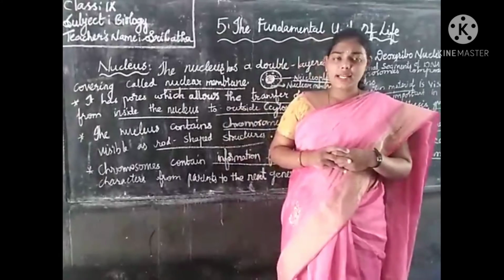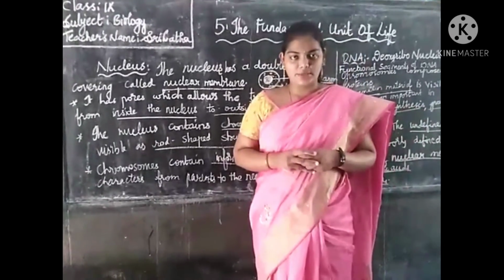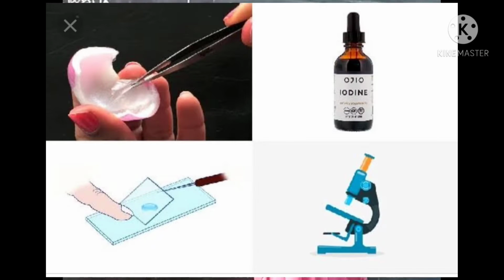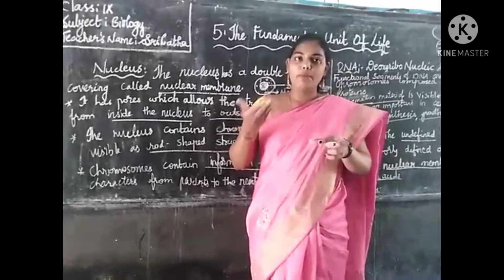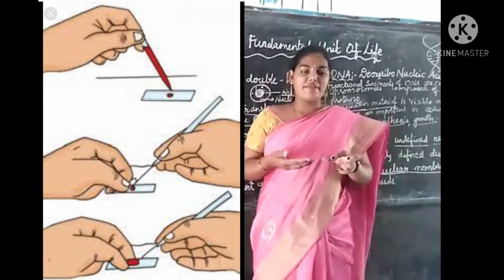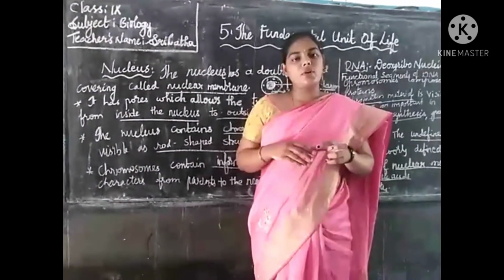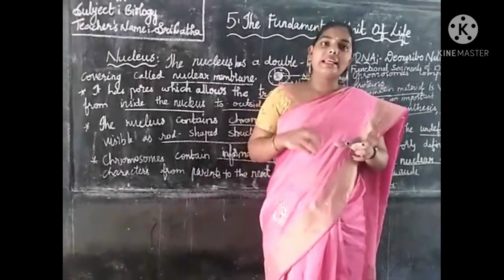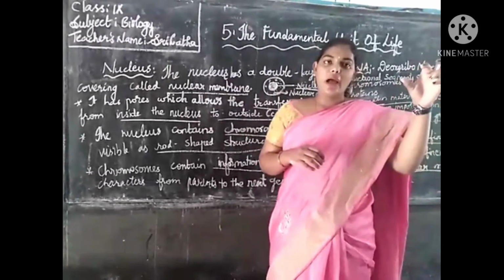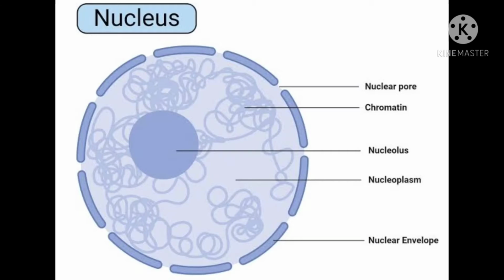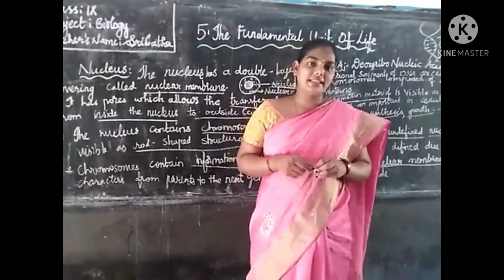To understand the nucleus, we have to perform one activity. We take onion peel cells and keep them on a slide. After that we add safranin solution or iodine solution. Depending upon the chemical composition of the cell, the cell's organelles will be colored, and you keep the slide under the microscope. If you observe the slide, you are able to see dense colored structures present in the cell.